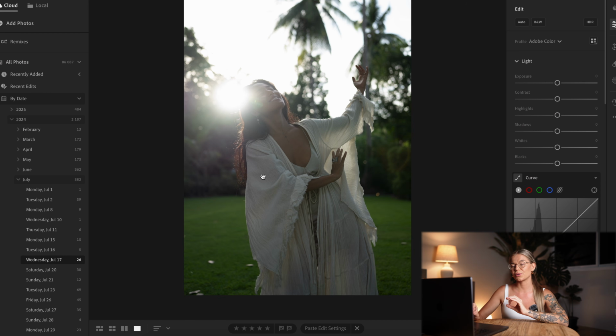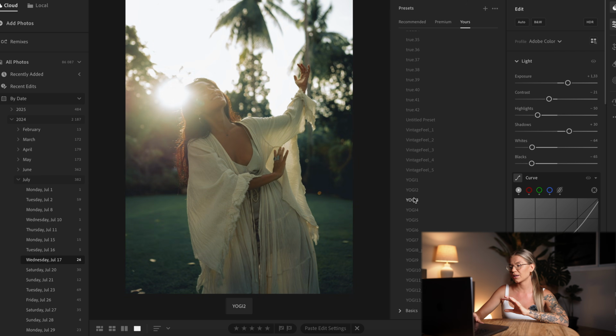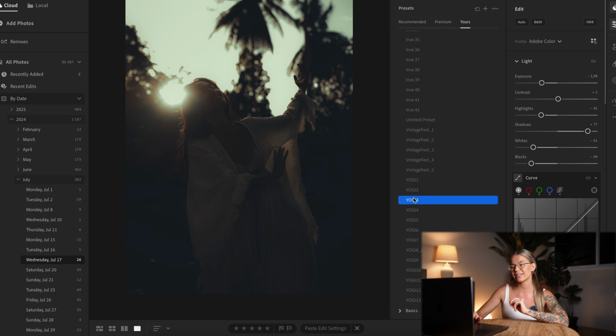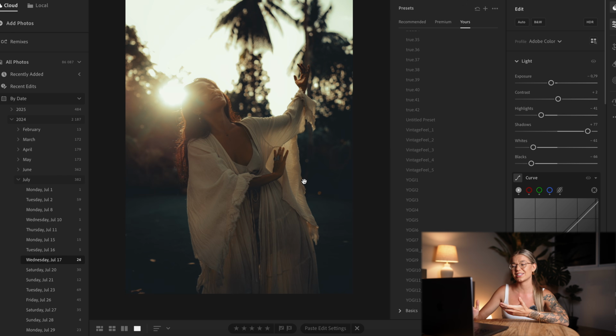I think I'm going to use some creative presets on this and see how it will work. I thought about using my Yogi tree preset, and I can see it gets really dark, but it's okay. We don't want the sky to be overexposed here. So I'm just gonna bring up the exposure, and I can already see it looks so much better. Although the grass isn't green as it would be in a natural setting, it's okay